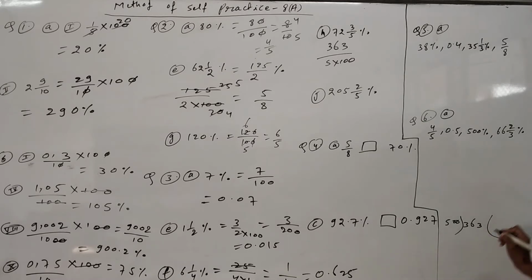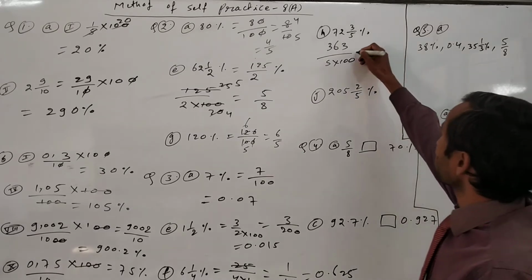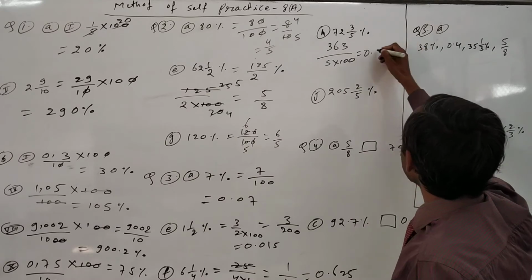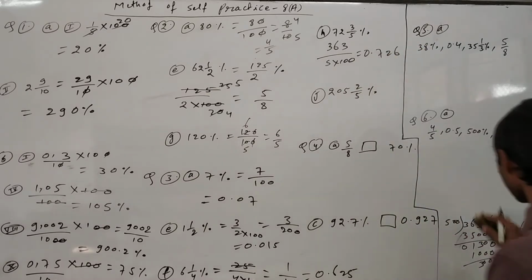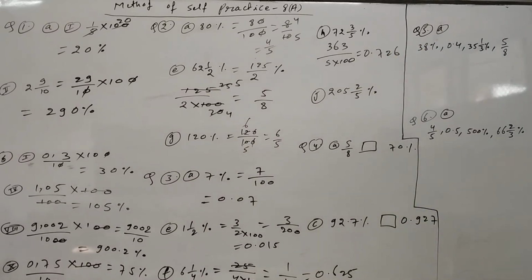So it is not divisible. First of all we will put point here, then we can divide directly. So it will come 3500. So 0 3 and now you will subtract, 1 will come, then 0. Now you can put 1 0 again, so 2 times, it will come 1000. Now we will subtract 3, then we can put 1 0, so again 6 times. So the answer is 0.726, final answer 726.